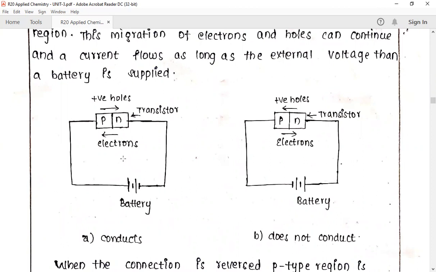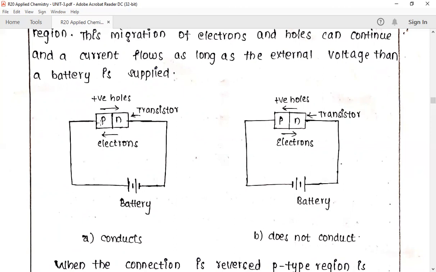For a battery, this long line represents the positive terminal and this short line represents the negative terminal. If the positive terminal of a battery is connected to the P type semiconductor and the negative terminal is connected to the N type semiconductor,